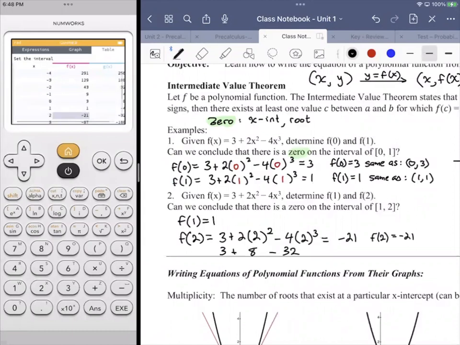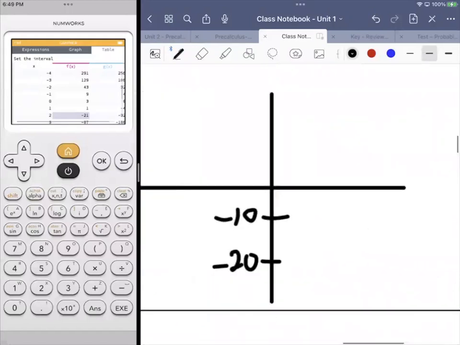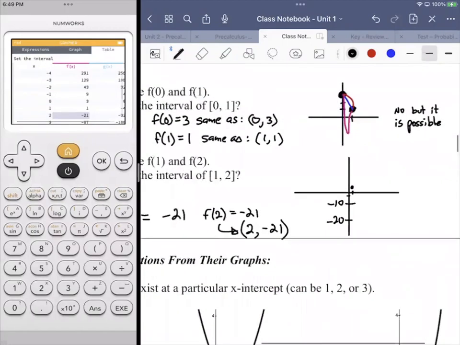So that means that I have coordinates 1, 1, and coordinates 2, -21. I'd have to do some hellacious scaling here, but it is manageable. If I go, let's say, by tens, -10, -20, I could plot 1, 1. I'm going to bring it in, then I'll bring it out real quick. Say 1, 1 is right here. And then 2,